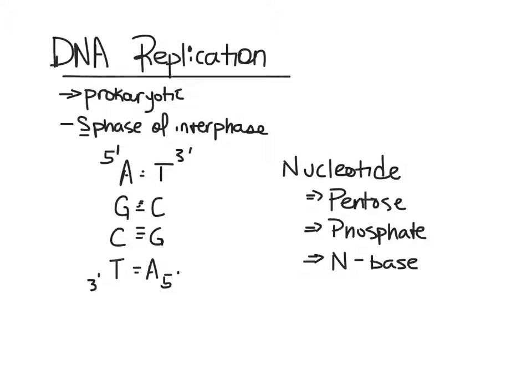When we continue with this, remember that at the replication fork in prokaryotes, you're replicating approximately 1,000 nucleotides per second. So when you're trying to figure out how fast this is going, DNA replication in a prokaryote runs at about 1,000 nucleotides per second being synthesized. So as we go to